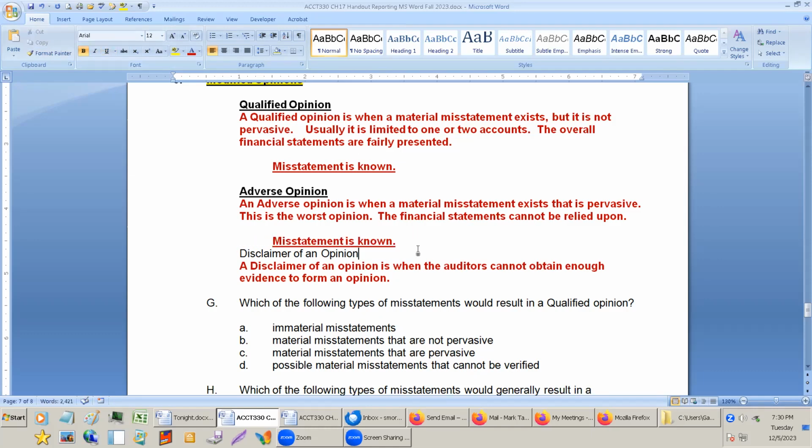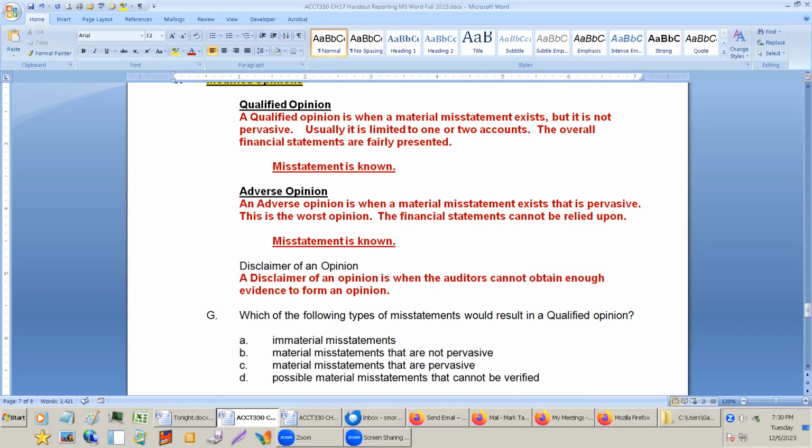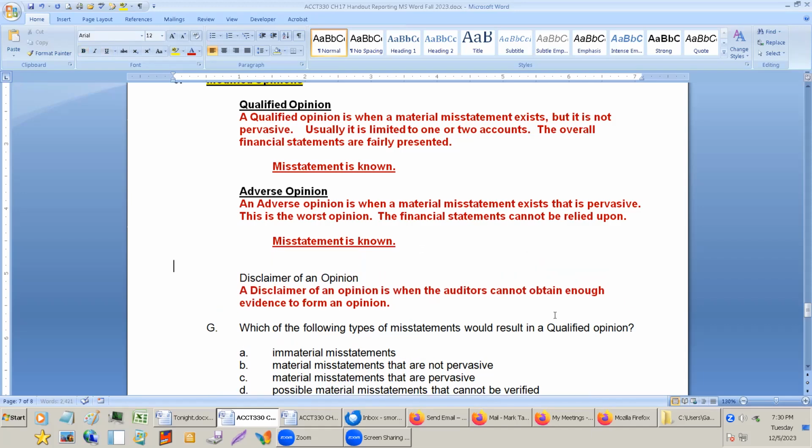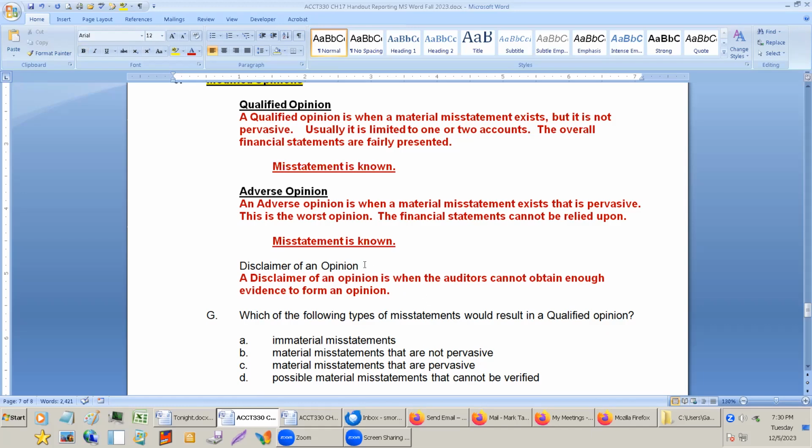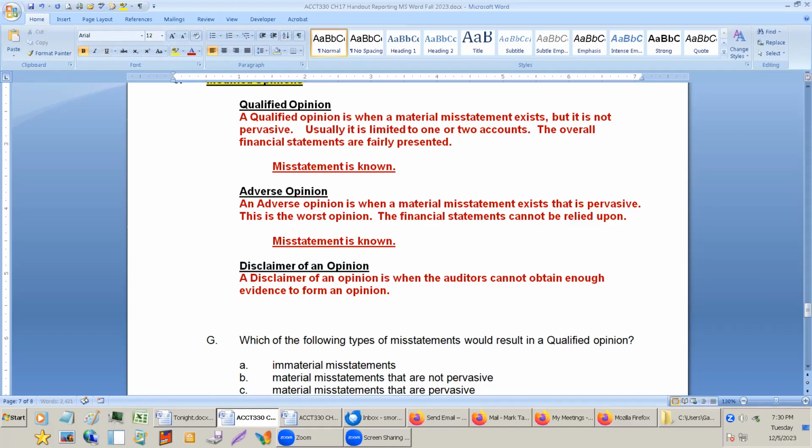So misstatement is known for an adverse opinion. For disclaimer, it's not known. So misstatement, if there is any,